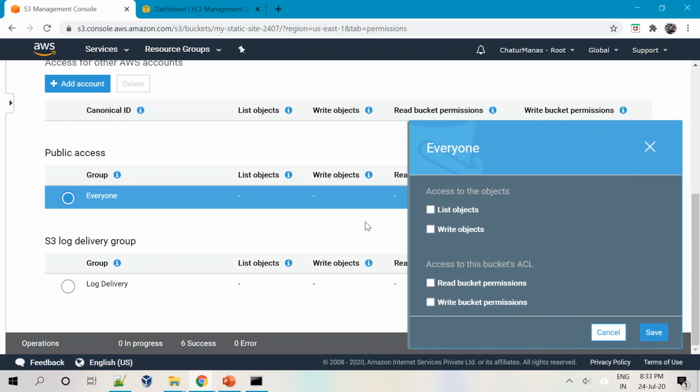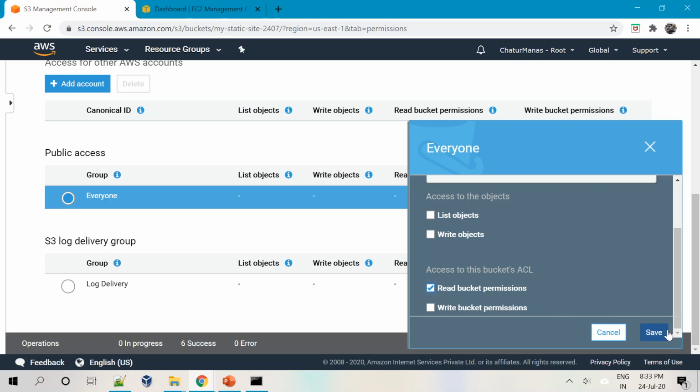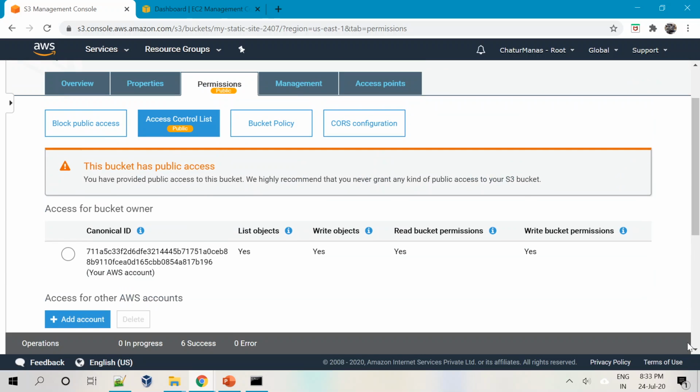I'll choose this and make it read bucket permissions. I'm allowing everyone to read the permissions of this particular bucket. Now it says this bucket has public access, right? It's showing it as public as well.